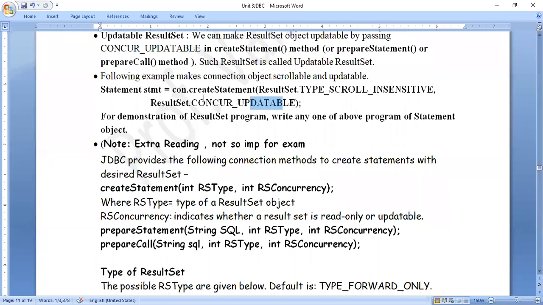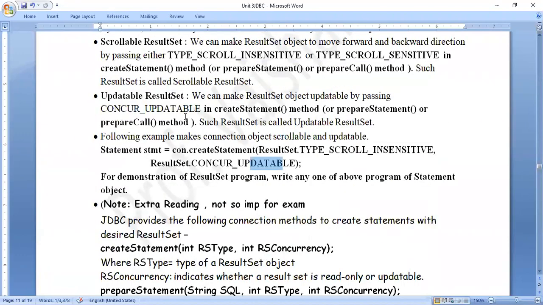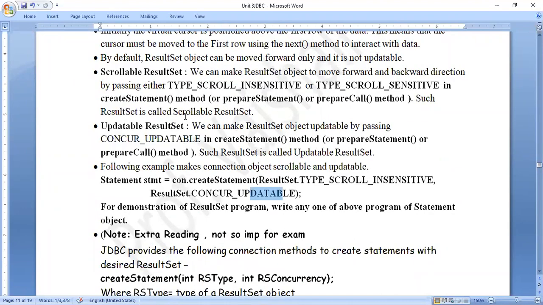I hope this is clear to you. Anyways, nobody will ask questions so much in detail, but it is required for you to know from the knowledge point of view. So they may ask you a 2 marks question, exam point of view. What are scrollable result sets? So you can write: the result sets that allow us to scroll in both the directions, forward as well as backward, or they allow us to go to the previous or the first record, are called scrollable result sets.